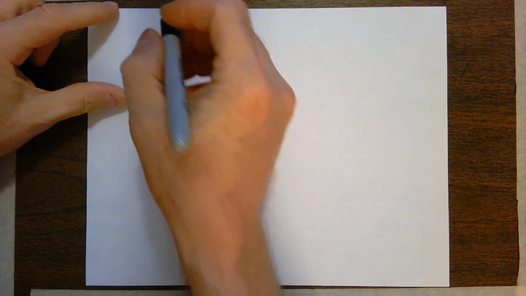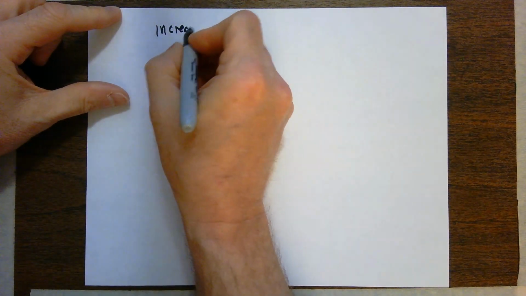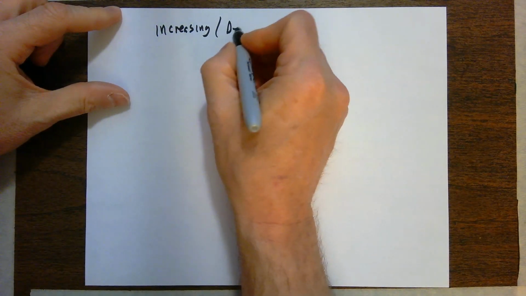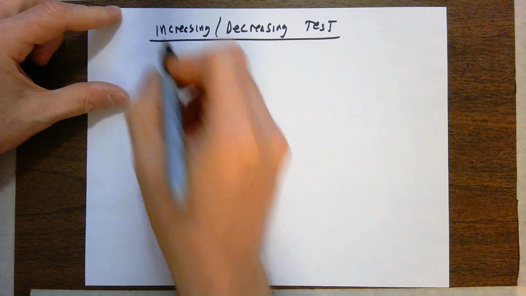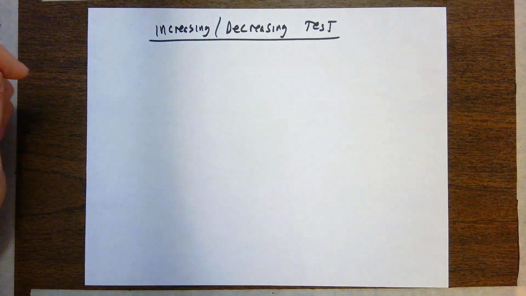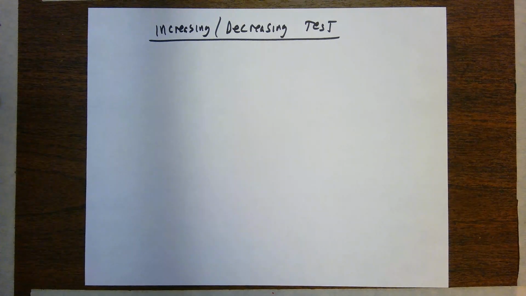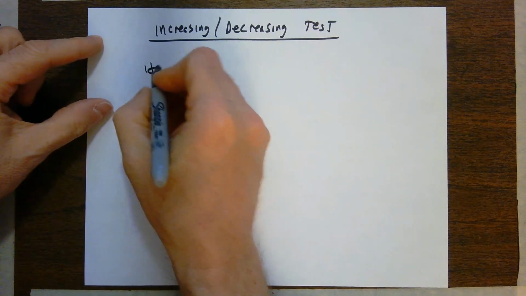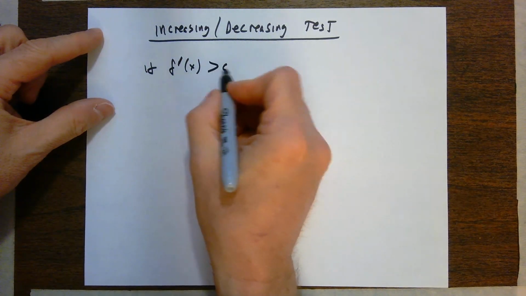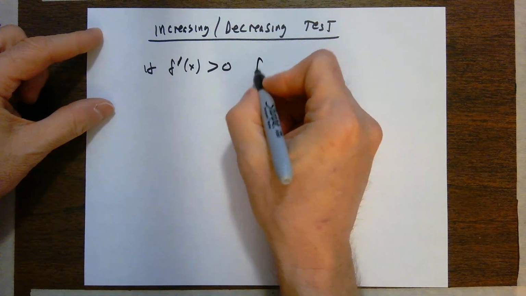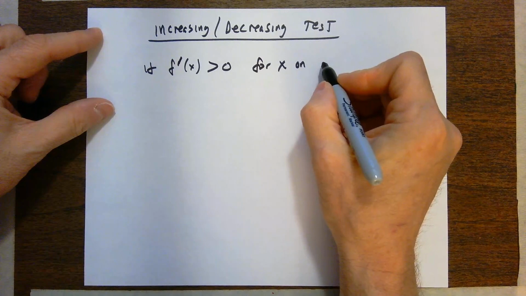The first test we're going to talk about is the increasing and decreasing test. In the increasing and decreasing test, we're going to be able to tell whether a function is increasing or decreasing over different parts of its domain based on the derivative. If the derivative of the function, f prime of x, is greater than 0 for all x on some interval,